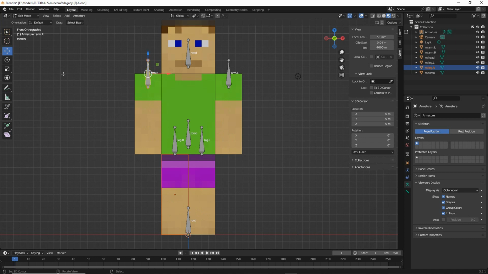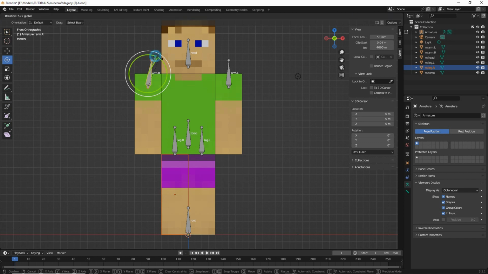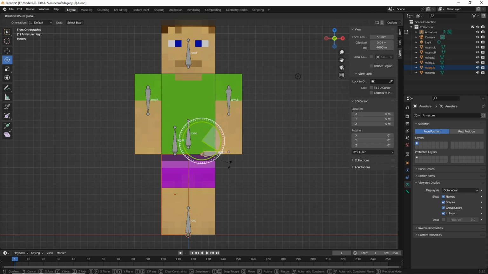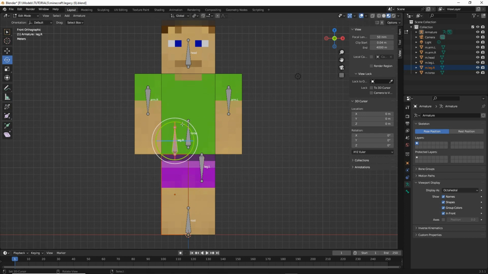So if we select and use the rotate tool, when we click on and rotate the bone, it rotates around the individual origin or head of the bone. So hold Control, snap to the increments, rotational increments, snap. That just ensures that the bone is properly aligned to the grid. Legs, legs,